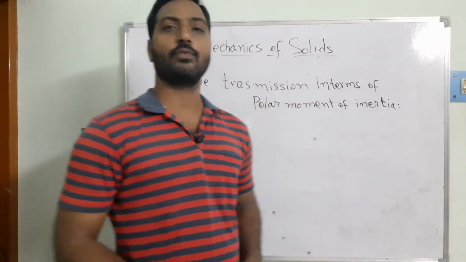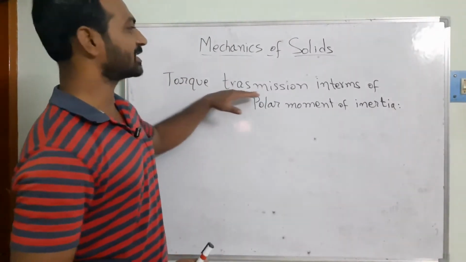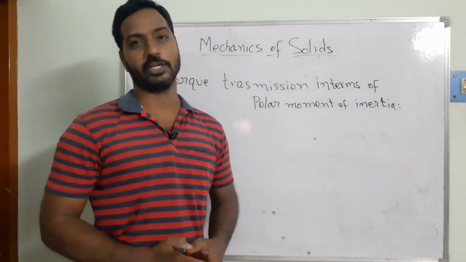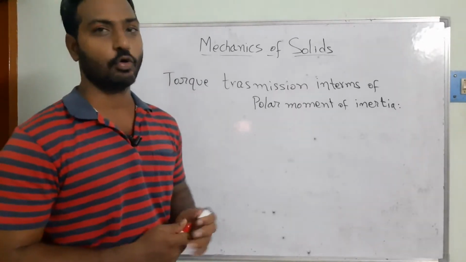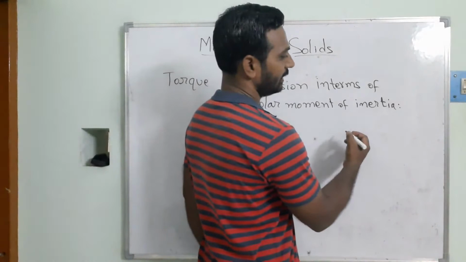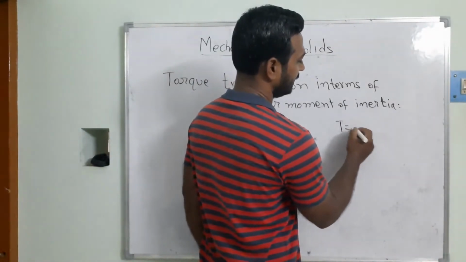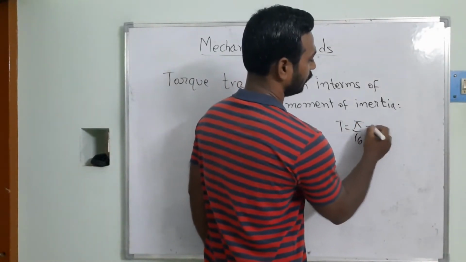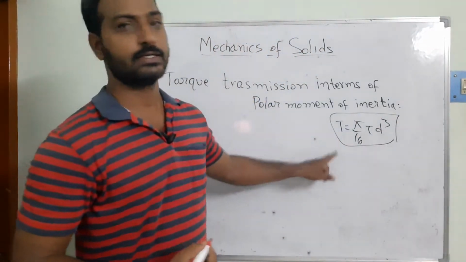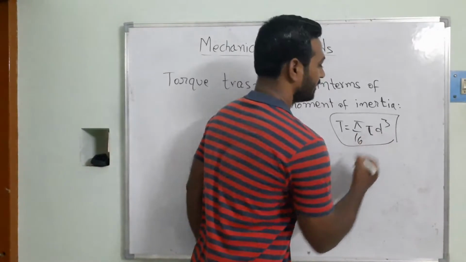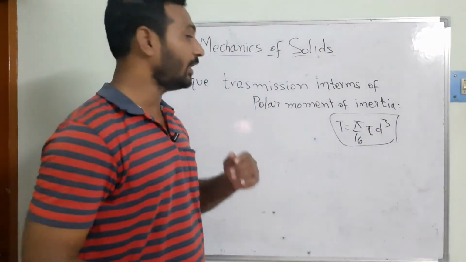In this video lecture, we are going to discuss torque transmission in terms of the polar moment of inertia. So far we have seen the governing equation for the torque transmitted. That equation we calculated is T equal to π/16 τ d cubed, and this is the power transmission we have calculated. Here tau is the maximum shear stress that exists on the outer surface